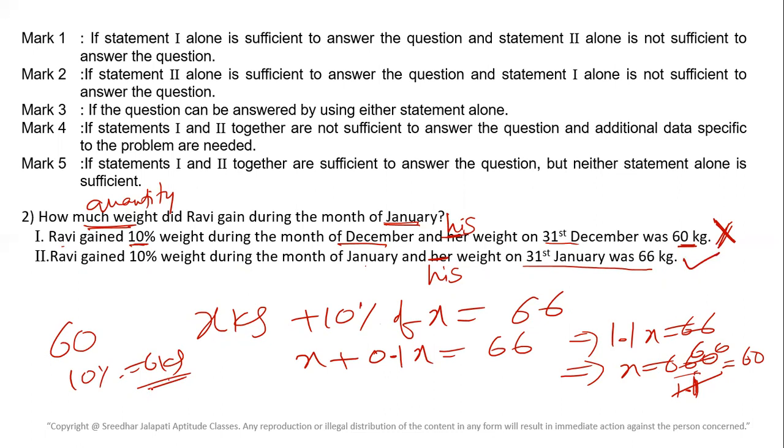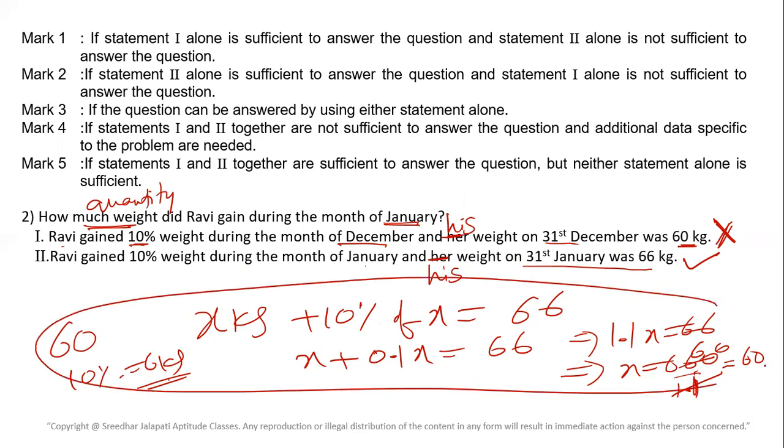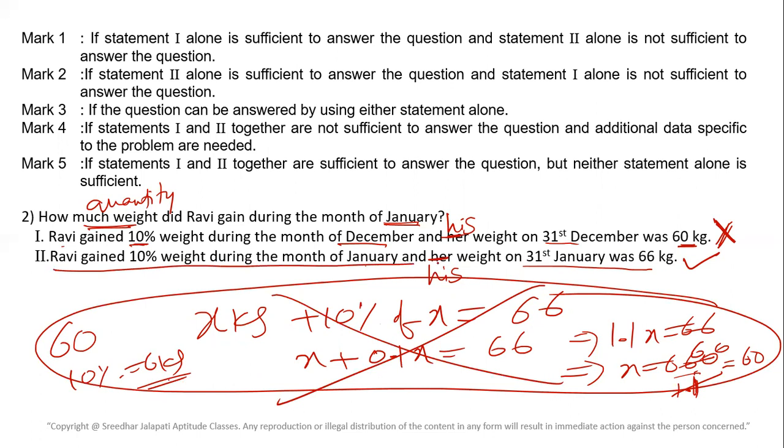By the way, let me tell you, since this is the second question, I told you all this calculation, but actually you don't even have to execute all this. The moment you came to know that yes, you are able to find this, you don't have to find how much it is. Whether you gained 6 kg or 7 kg or 8 kg, is it there in the options? No. You just have to find whether we are able to answer the question or not. How much it is exactly, we don't want.